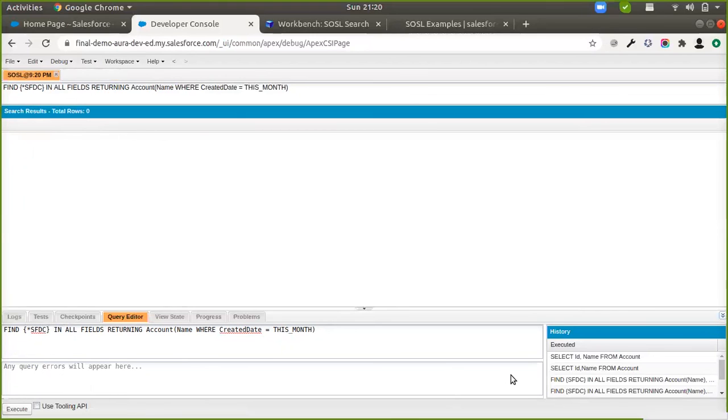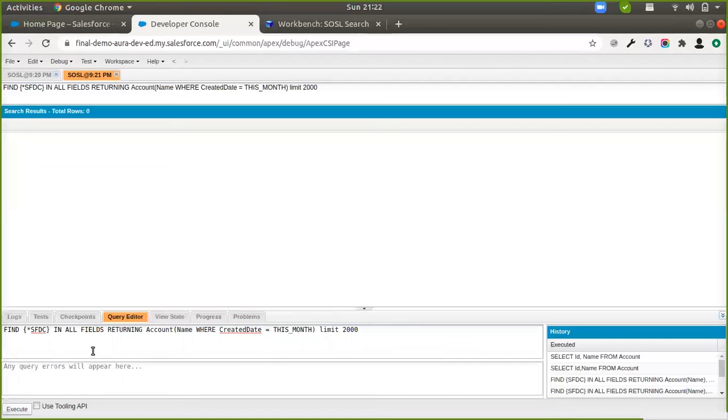Alright. Now let's talk about the limits. So the biggest difference between SOQL and SOSL is that SOQL has a limit of 50,000 records that can be returned in a single query, but in SOSL it is really smaller in number and that value is 2000. So this SOSL query will only return at max 2000 records. So you can also apply a limit clause here like this to ensure that this query never breaks. If by chance it returns more than 2000 records for certain examples, then this query will break just like the SOQL. So you always need to apply a limit of 2000 in your SOSL queries just to maintain a best practice.